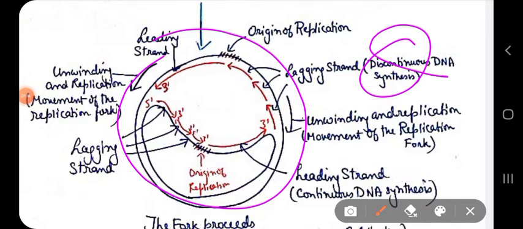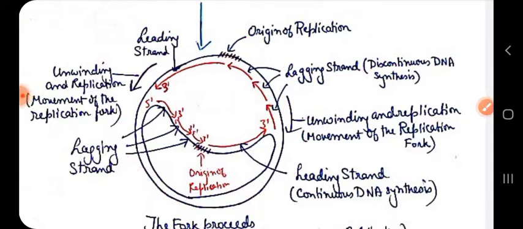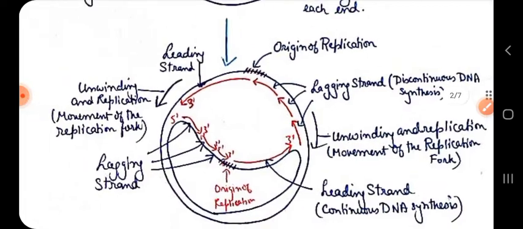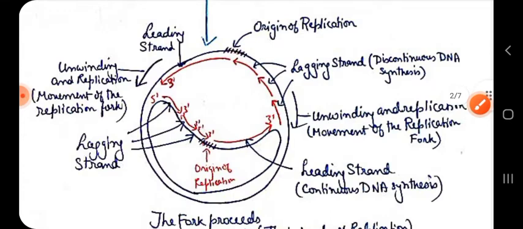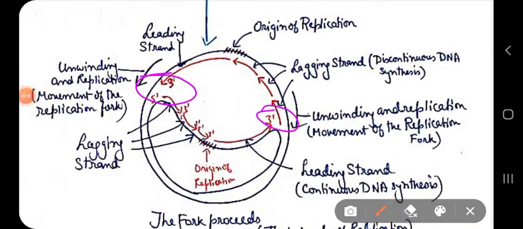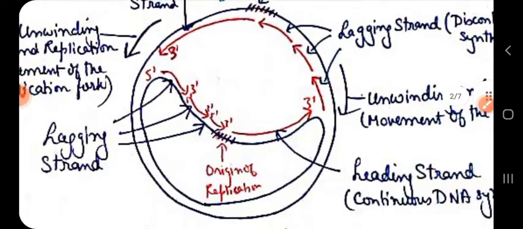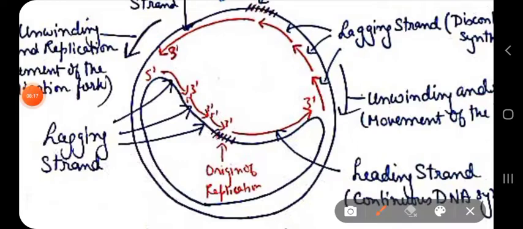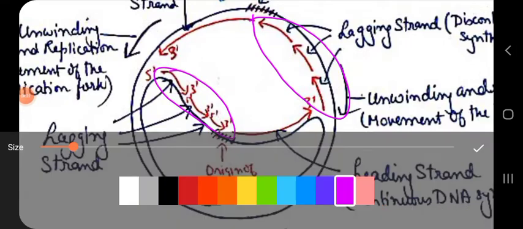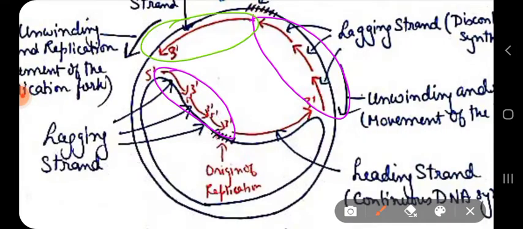Okay, so here we can see many events occurring at both sides of the DNA, as DNA is circular in prokaryotes. Here we can see the two replication forks, and we can also see the leading strand and the lagging strand in both directions. So here you can see the lagging strand in this portion, and the leading strand is shown here. So in both directions we can observe the leading strand and lagging strand.